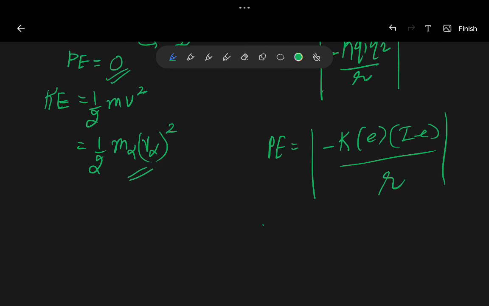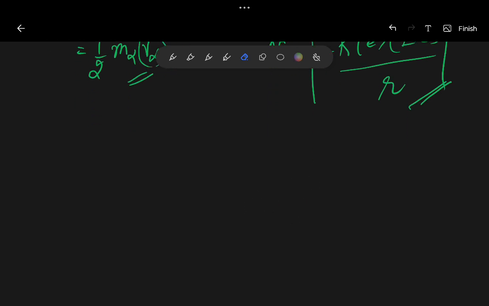And on R, so it would be PE, which is potential energy. It would be equal to what? This is our potential energy. All right, now you should know this one thing, that by the conservation of energy,